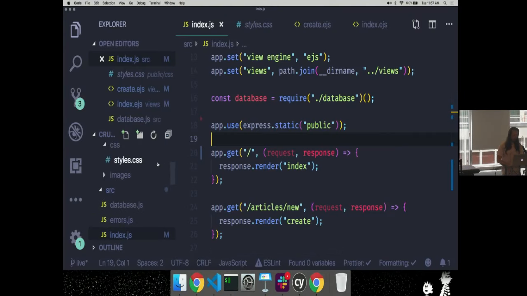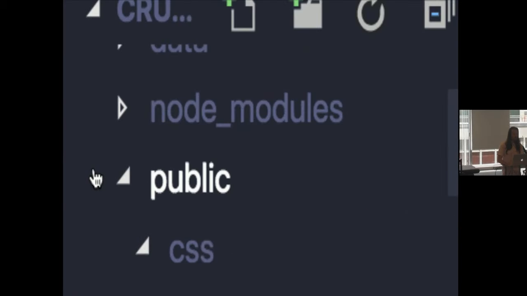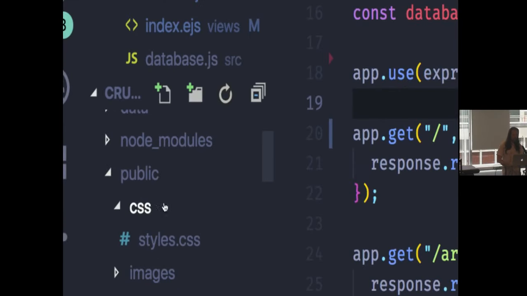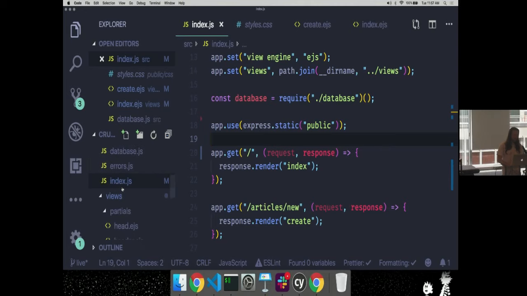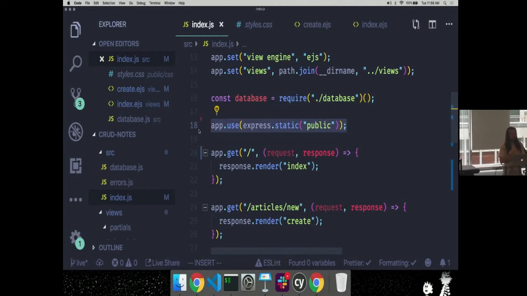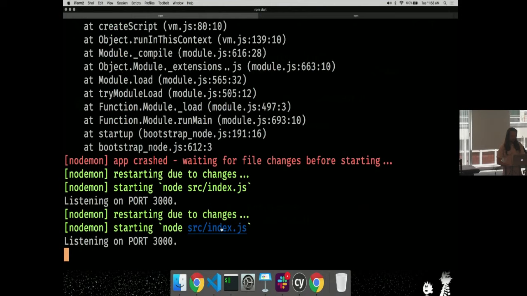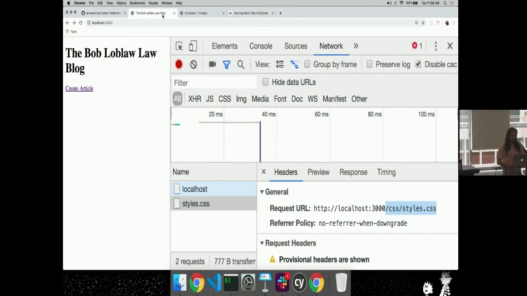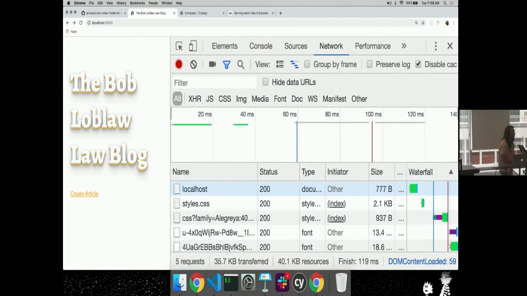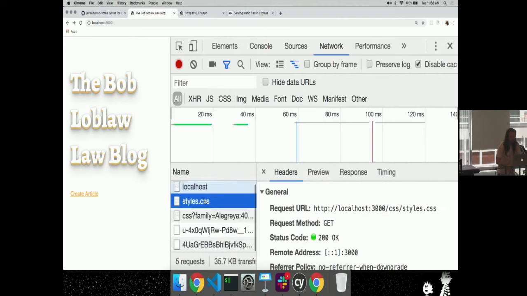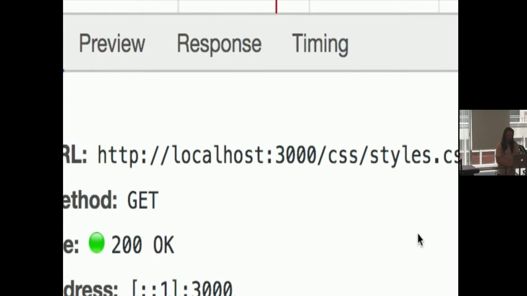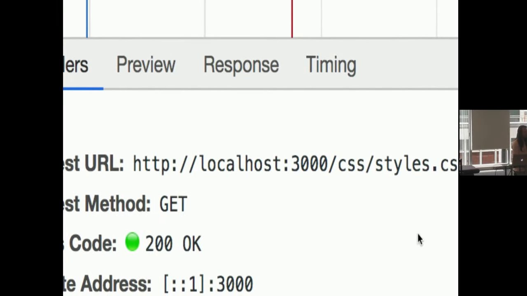The public directory is a directory that I've defined here. I've called it public, but the intention is that these files are publicly accessible. Whereas someone cannot make a request for errors.js. They just cannot access that file. My web server will not send it back to them. But anything in the public directory will now be served by my middleware because I've configured it that way. Now my server has restarted, and when I go here, it renders the styles, because now my server, through that middleware, serves this file when the request is made by the browser.